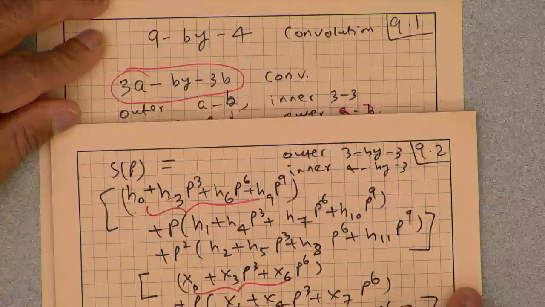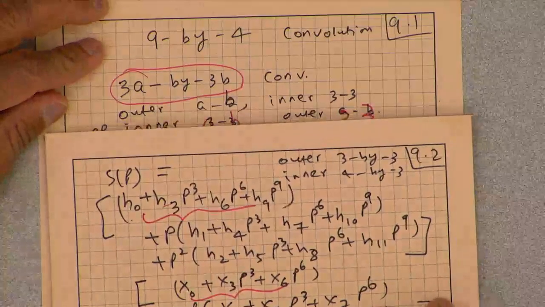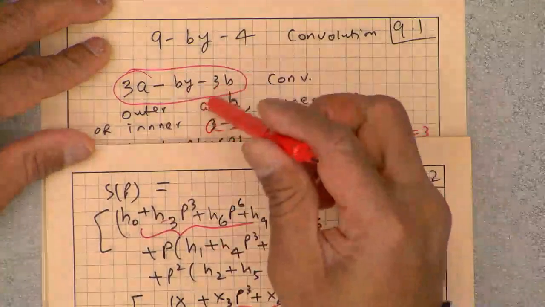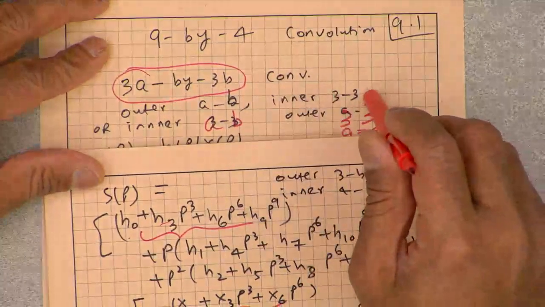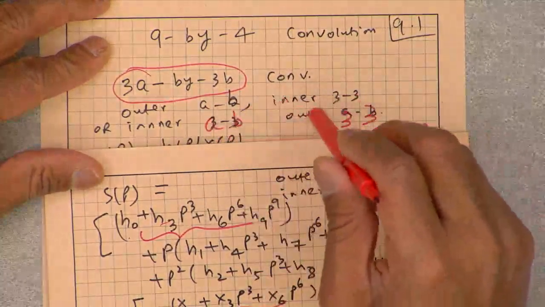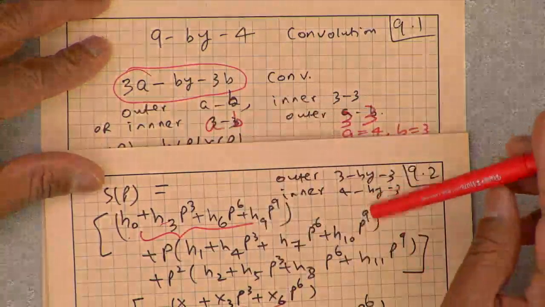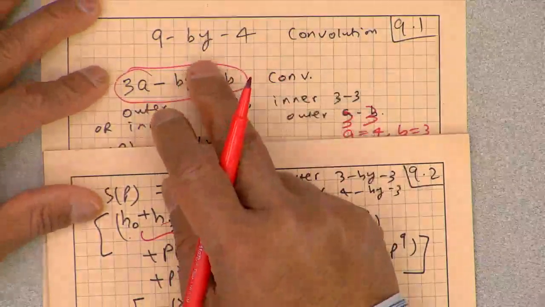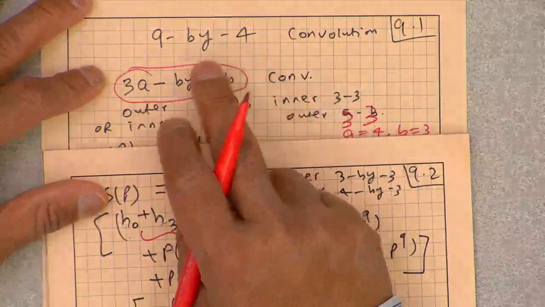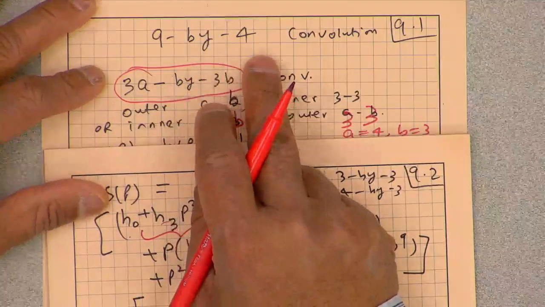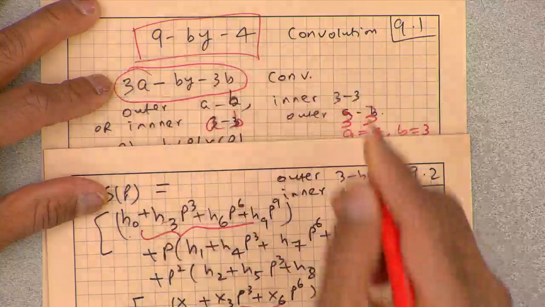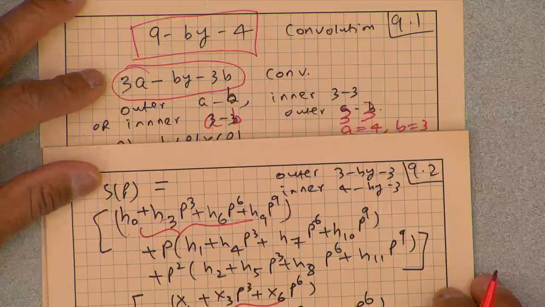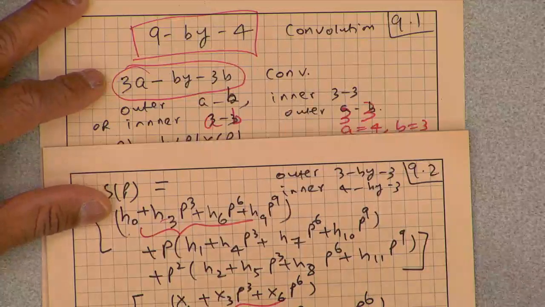So if I am applying iterated convolution to a 3a point by a 3b point convolution, then I can do either of these: a by b outer followed by 3 by 3, or 3 by 3 followed by a by b. But the fact is, although in the problem I asked you to apply 2 iterations of 3 by 2, it is correct that 3 times 3 is 9, 2 times 2 is 4, but these are mutually co-prime and they have no factor in common. So there is really no way that you can apply fast iterated convolution to the 9 by 4.